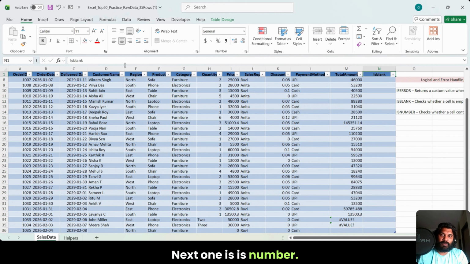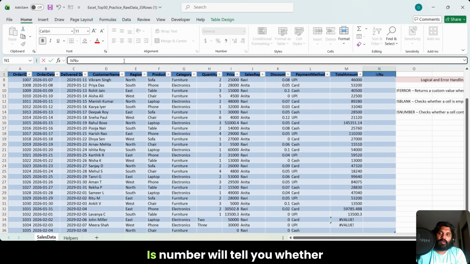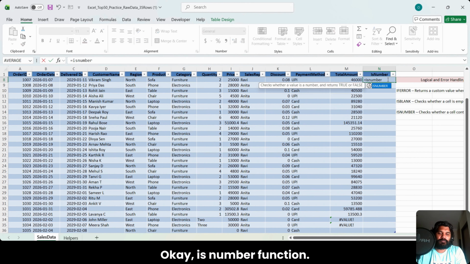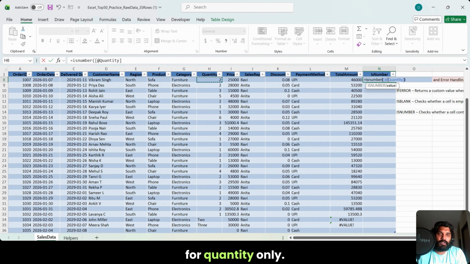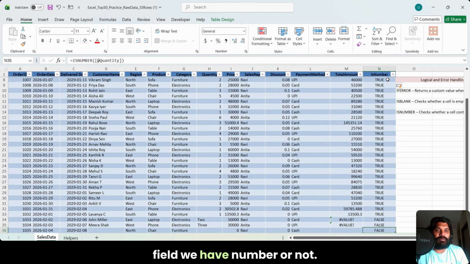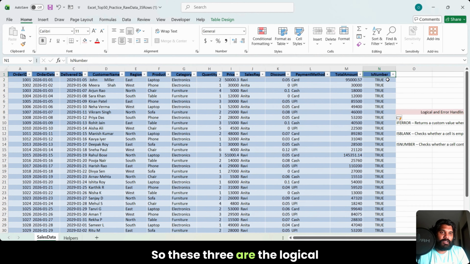Next one is ISNUMBER. ISNUMBER will tell you whether in that particular cell we have a text or a number. Okay, ISNUMBER function, again we'll be doing for quantity only. If you see, wherever there is a numerical number, it shows true. Wherever there is a text, it is showing as false. Here also there is a text, it is showing as false, and where there is a blank, it is showing false. So this is how we can find out whether in our required field we have a number or not. So these 3 are the logical handling